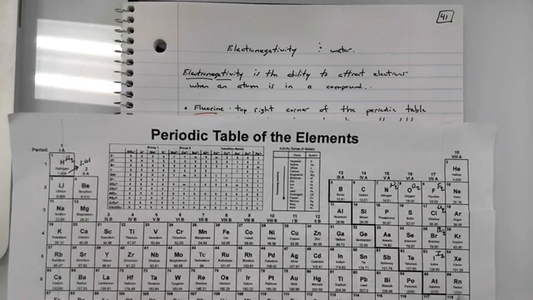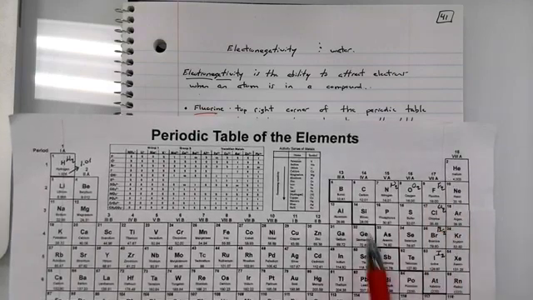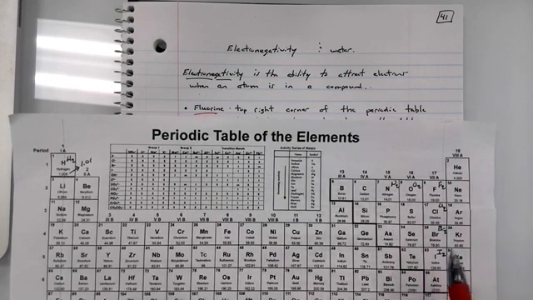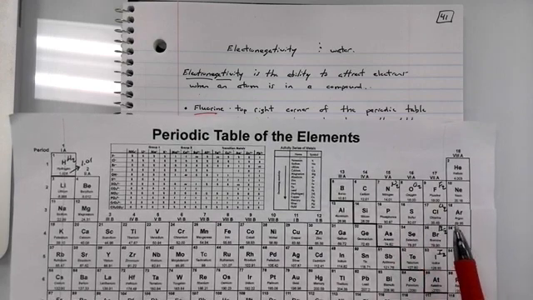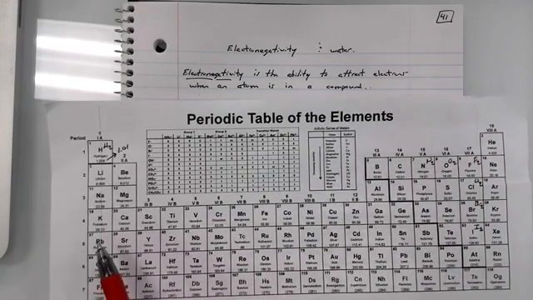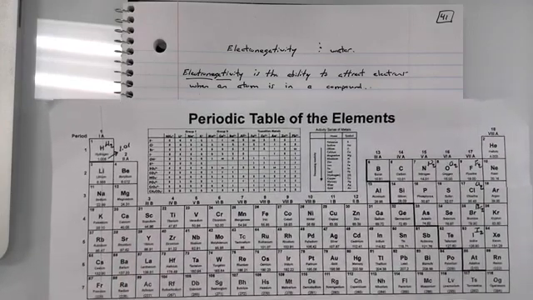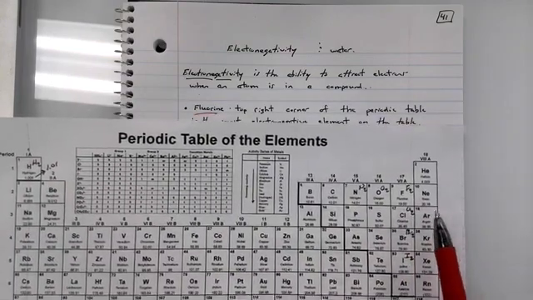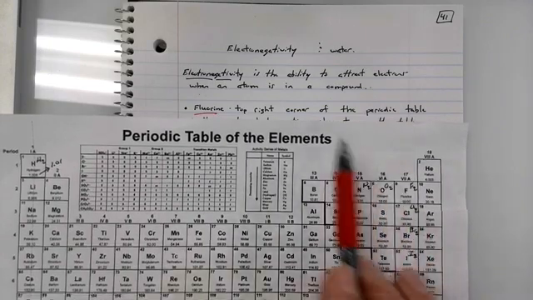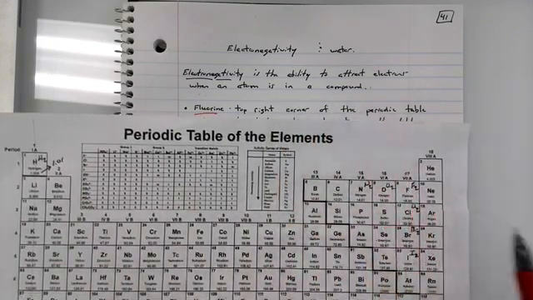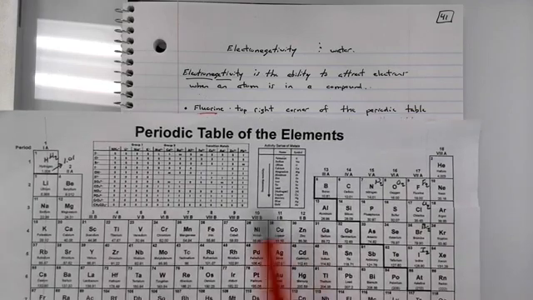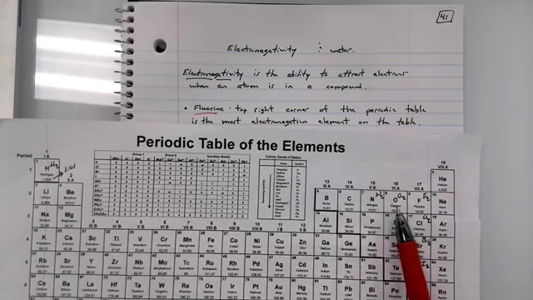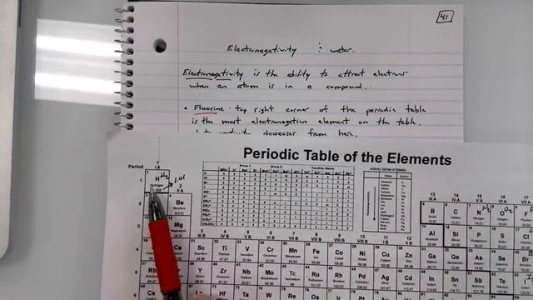And it kind of makes sense because we've learned that atoms want to gain electrons. Slow down. We learned that nonmetals want to gain electrons when they bond. And metals on the left-hand side of the periodic table want to lose electrons when they bond. So it would make sense that the nonmetals that want to gain electrons have a higher electronegativity, or a greater ability to attract electrons in the compound. So with that idea in mind, the idea that oxygen has a higher electronegativity than, say, hydrogen over here,